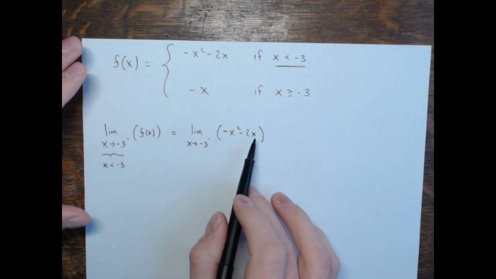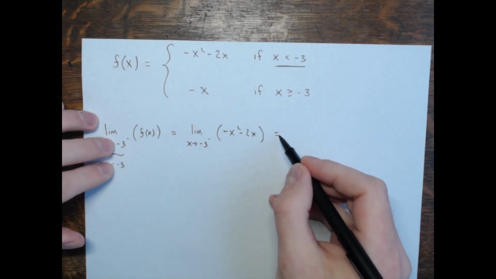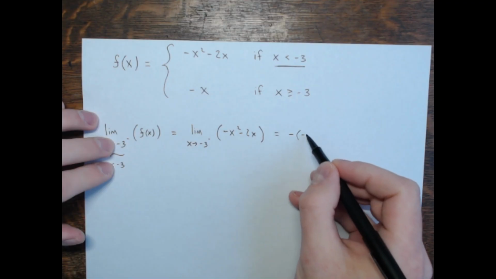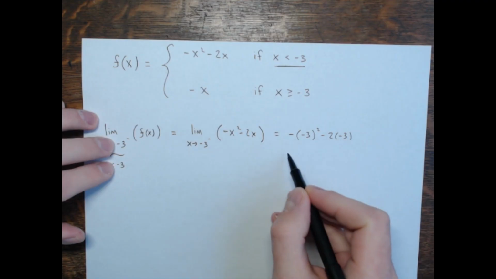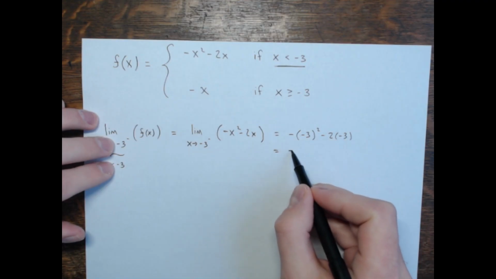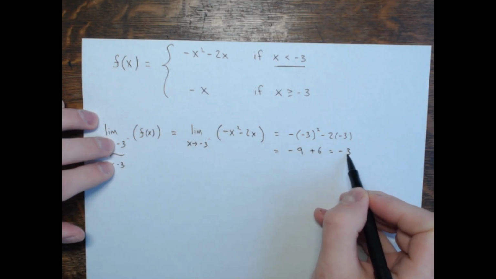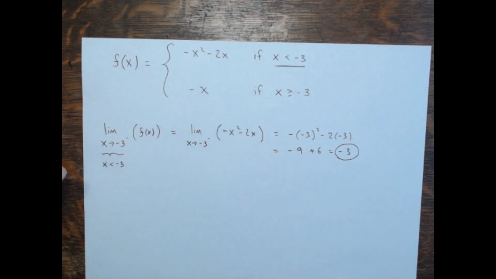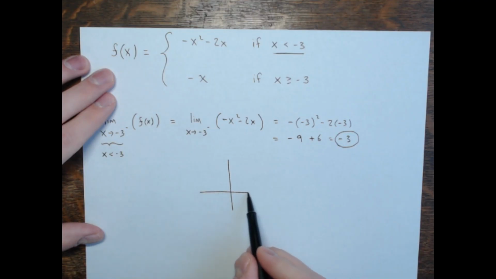And since this is a nice polynomial defined everywhere, I can just do a direct substitution and plug in -3. This will be the opposite of -3 squared minus 2 times -3. And simplify, right? So this will be the opposite of 9 and then plus 6. So -3. And so my left side limit is -3, and meaning on a graph,